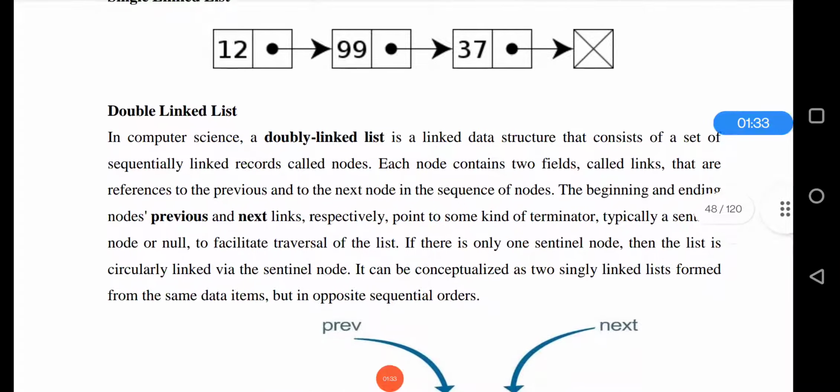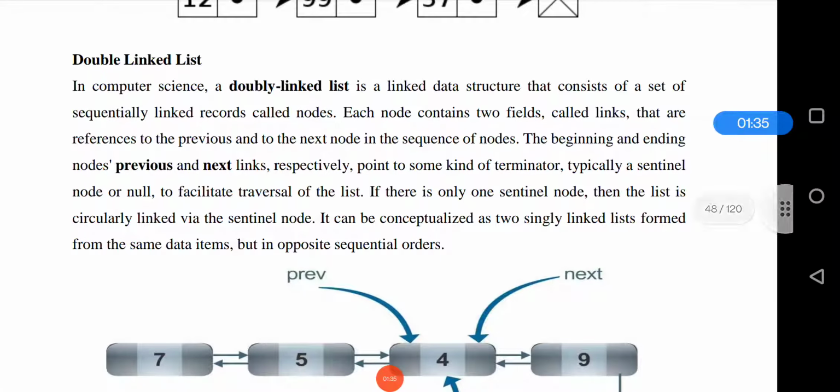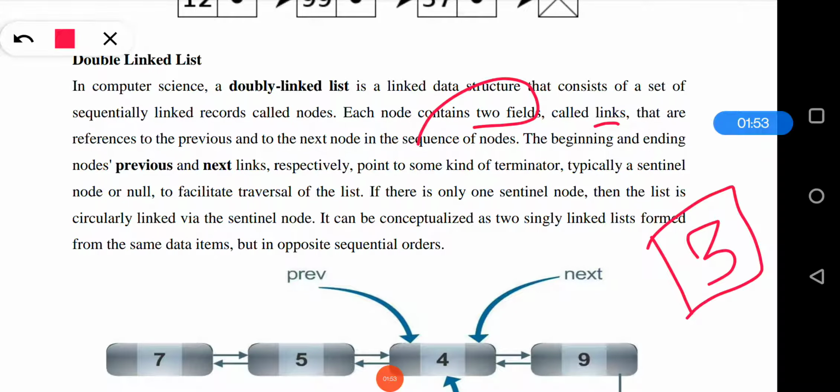Now the double linked list is a linked list data structure that consists of a set of sequentially linked records and nodes. Each node contains two fields, which are called links. So in short, it contains three fields. The middle field contains the exact data.